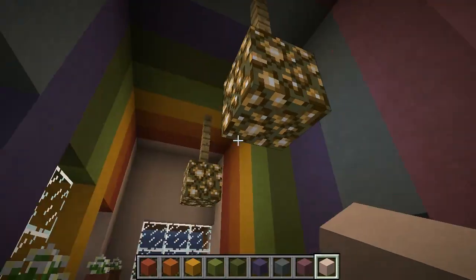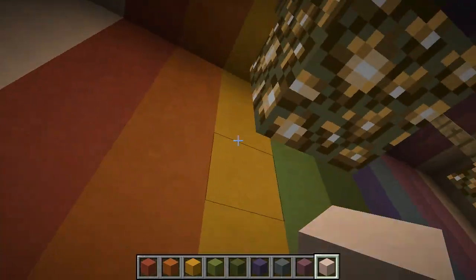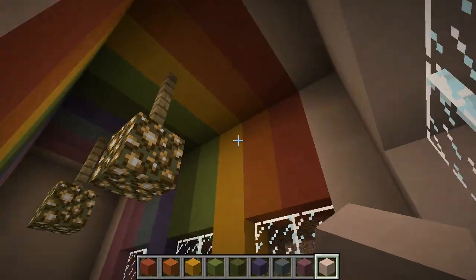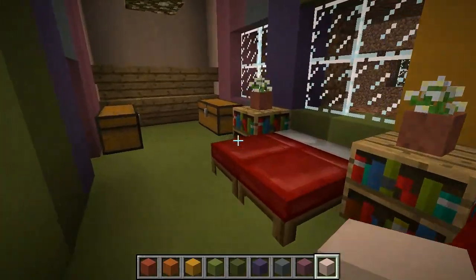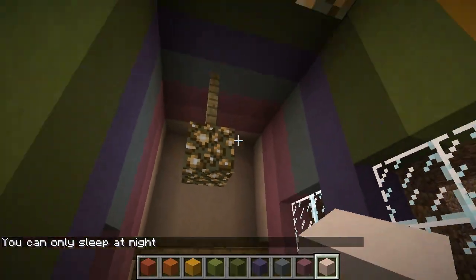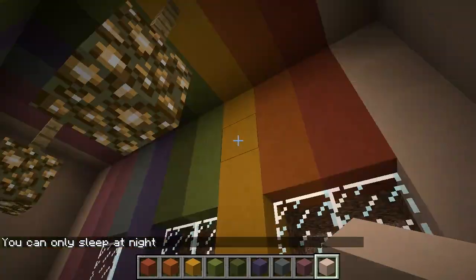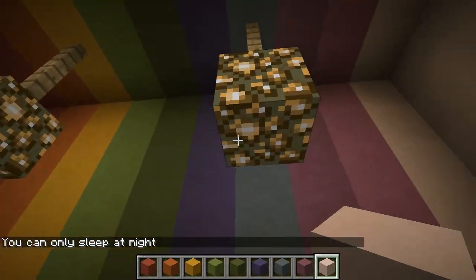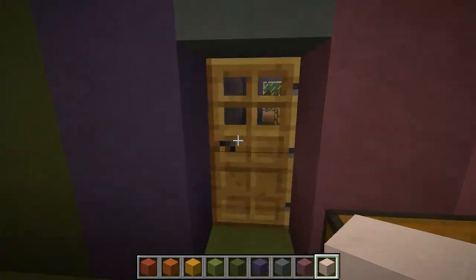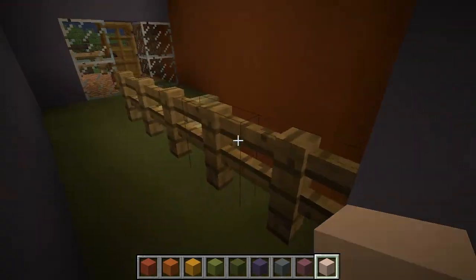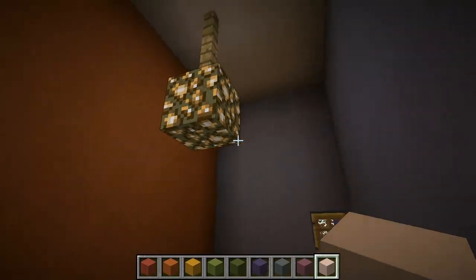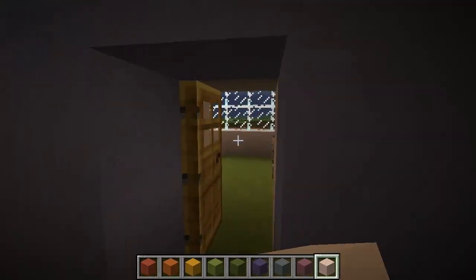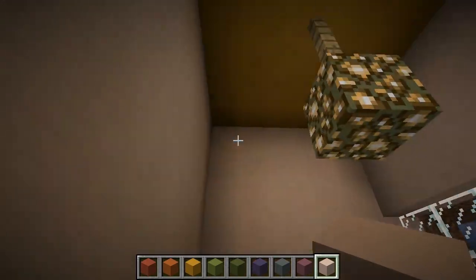Wow, this is awesome. Look at this. Yes, yes. Sleep in this room. Oh, you can only sleep at night. Yes, I want to sleep in this room. It's amazing. Alright, this is incredible. So we're gonna keep the craziness to one room only. And the rest of it is